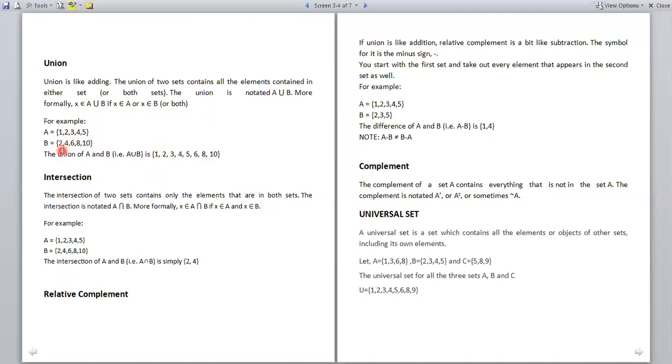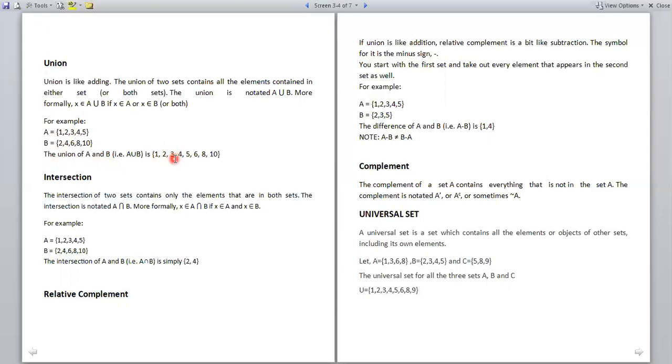So you can see 2 and 4 belong to both sets A and B, and 1, 3, 5 belong only to set A, and 6, 8, 10 belong only to set B. So the resultant set contains all the elements belonging to A and all the elements belonging to B, and the common elements also belong to it, but the resultant set contains each element only once. We do not mention it twice.